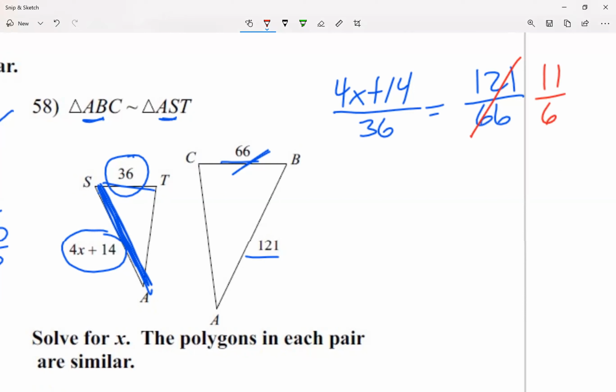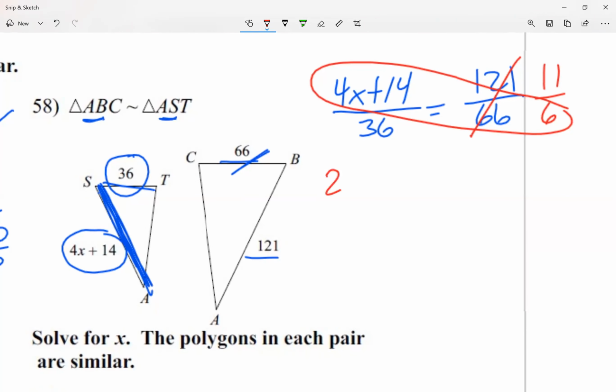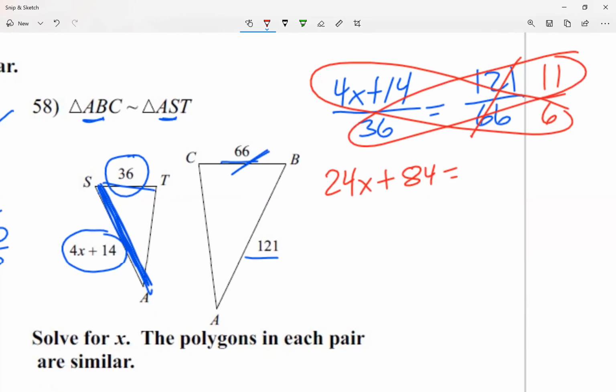So I divided each by 11. If I want to simplify more, I could. But I think the numbers are not that big anymore. So I'm just going to cross multiply now. This way, I'm going to multiply the 6 times 4x and 6 times 14. So that's going to give me 24x, right? 6 times 4x, 24, plus 14 times 6 is 84 equals 36 times 11 is